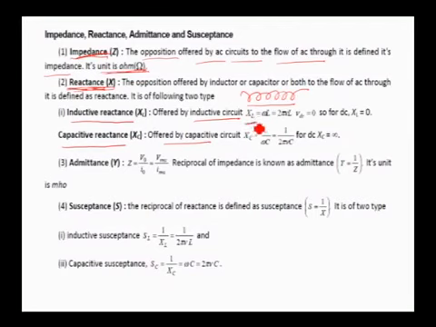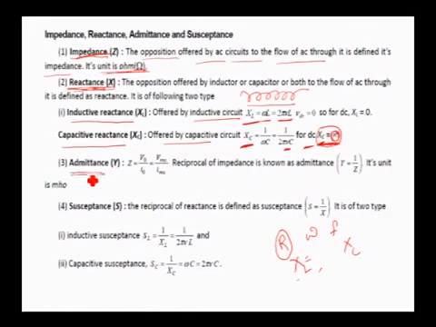So inductive reactance XL is given by omega L. You just see this difference, omega into L. Normal resistance does not depend on omega or frequency, but XL is the resistance of the inductor and XC is the resistance of the capacitor. The resistance of an inductor is directly proportional to the frequency. The resistance of a capacitor, called capacitive reactance, is inversely proportional to frequency. But for DC, XC is infinity. DC means direct current, and the capacitive reactance becomes infinite. That's why a capacitor offers infinite resistance to the flow of direct current, because the capacitive reactance is infinity.